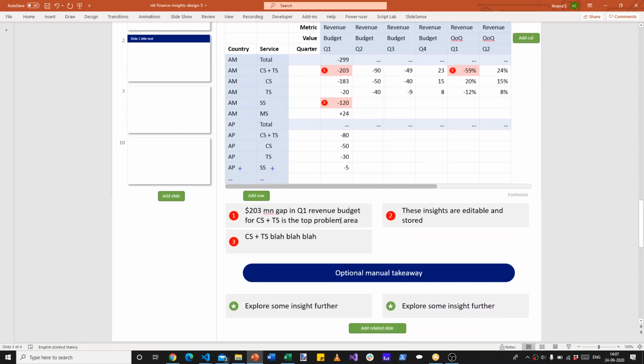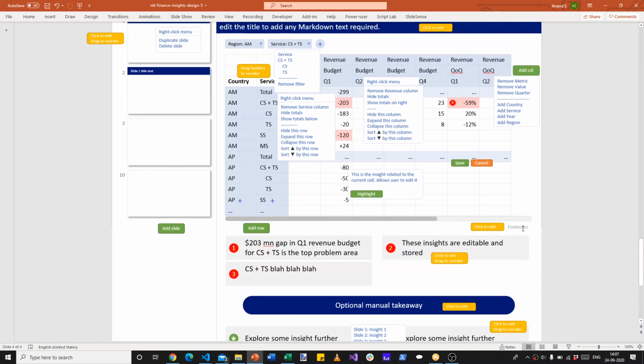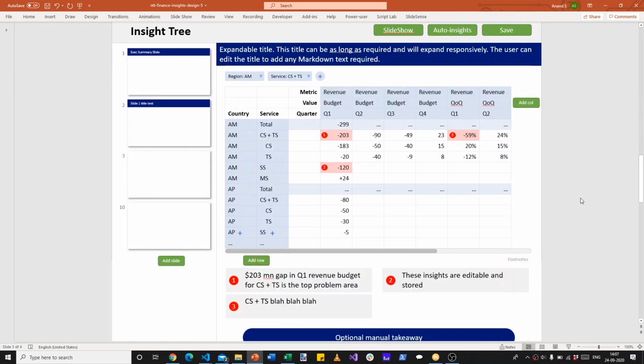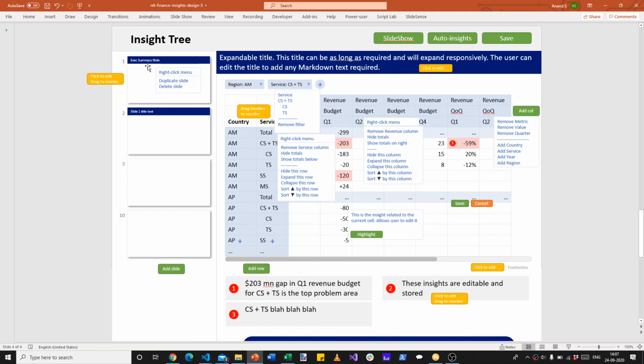Now, this apart, the slide also has a takeaway that they can just click to edit and type any content. There's also a little footnote section here. They can put in the source, whatever else they need, that can also be edited. After doing this, if they click on the save button, that saves the current slide, and all of the slides are visible on the left hand side. So this set of slides, you can just drag and drop them and reorder them in any way. You can click on any cell and the contents can be edited. So then you can just change the region, change the service, change whatever else, and then save it.